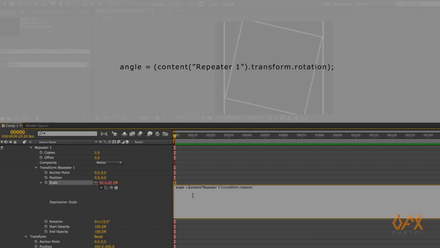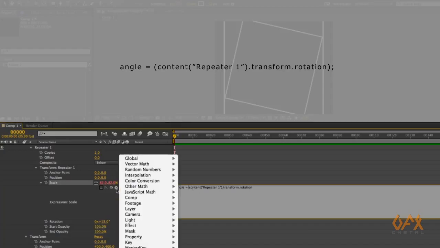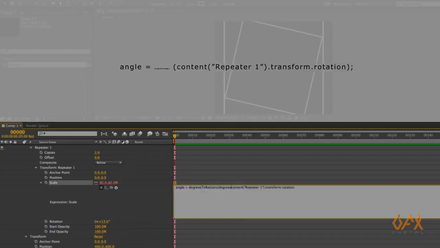But After Effects calculates in radians, so I need to convert this degree to radians. So here is one syntax, degrees to radians. Here I write that degree.